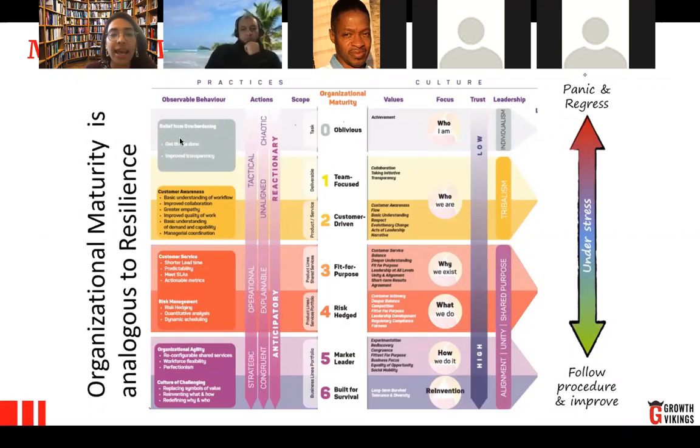So, and the key elements that it seeks to tackle, right? Relief from overburden, generate higher customer awareness, improve the customer service and the risk management, and ultimately achieve organizational agility and a culture of challenge. Yes. And you can see how actually Kanban wants to generate this maturity in the organization in an evolutionary and